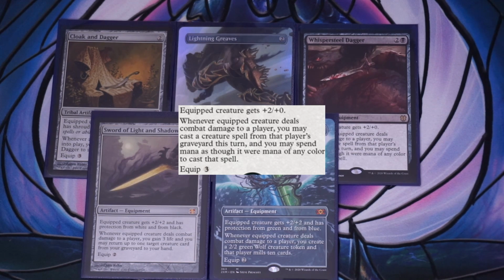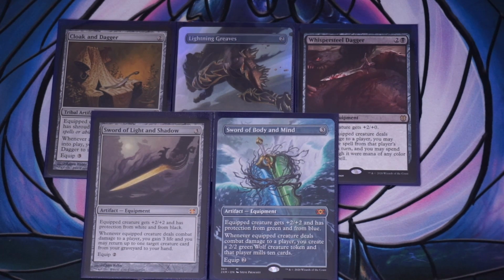And then, of course, we have Sword of Light and Shadow, Sword of Body and Mind. These are 2 very powerful swords in this deck. I specifically love Light and Shadow because of its ability to return rogues back to our hand, and things that potentially maybe we mill over, we throw away. And of course,